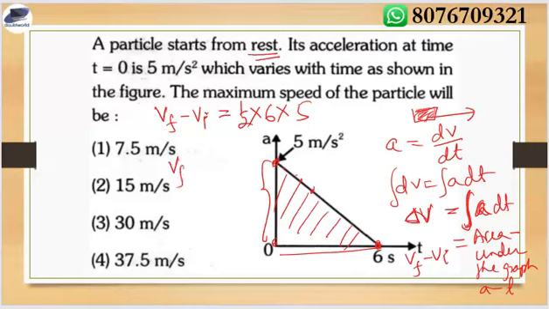So V final equal to what? V final equal to 5 3s are 15. All are in SI, so this is 15 meter per second. This is the velocity at 6 seconds, which is the final velocity and which is the maximum also, because the particle is accelerating from 0 velocity. Okay, so second option is the